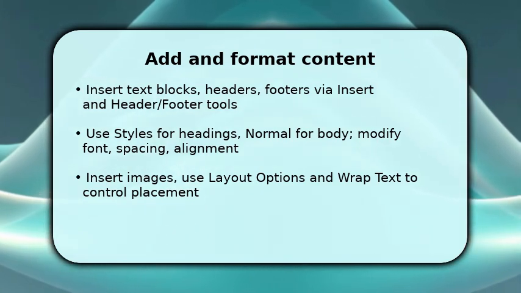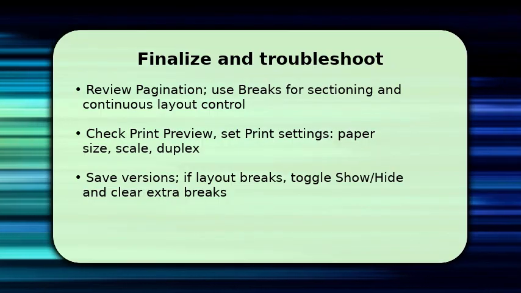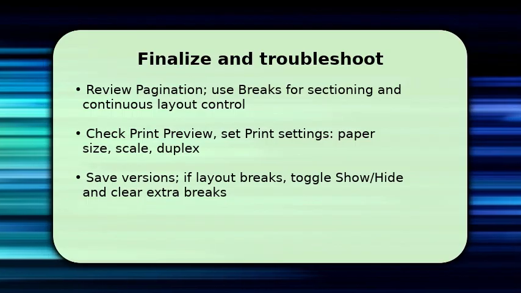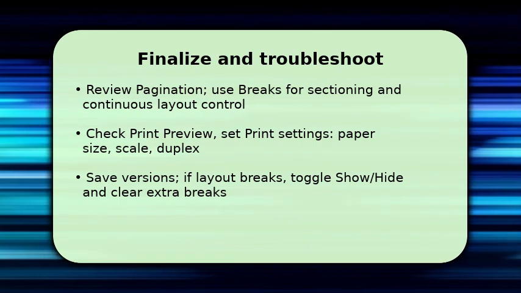To finish, you check pagination and insert page or section breaks where content must change format. This controls headers, footers, and orientation per section. Next, preview and print layout and print preview, verify paper size and scaling, then save a final copy and a version backup. If layout behaves incorrectly, inspect formatting marks and remove stray paragraph breaks or manual spacing. Clearing a rogue section break often resolves odd headers or page shifts. That tip fixes most